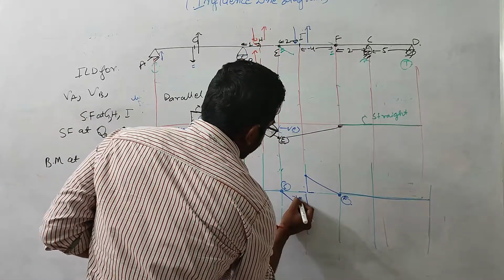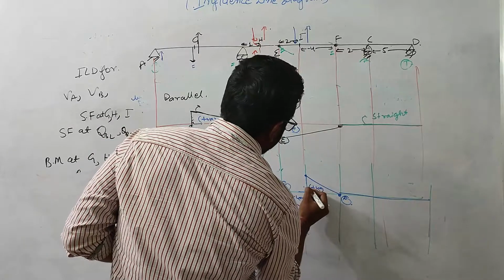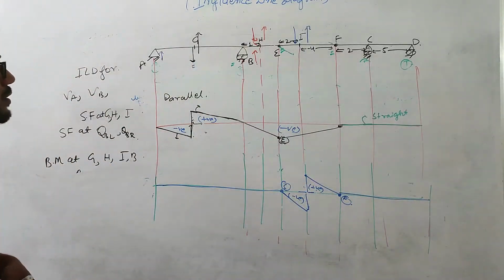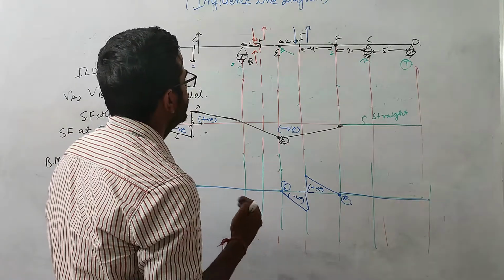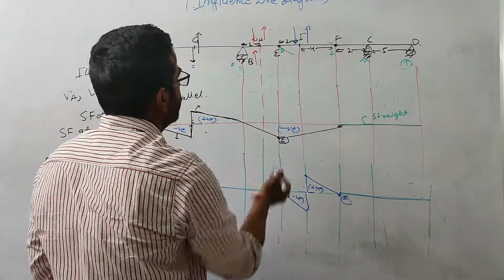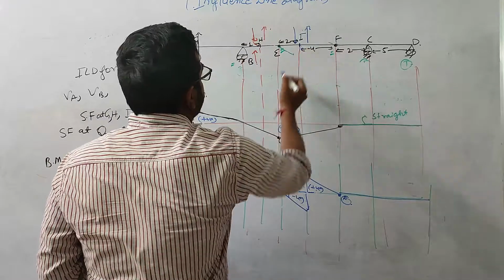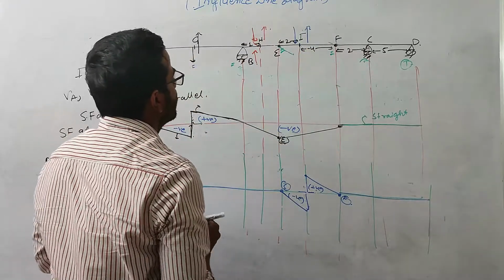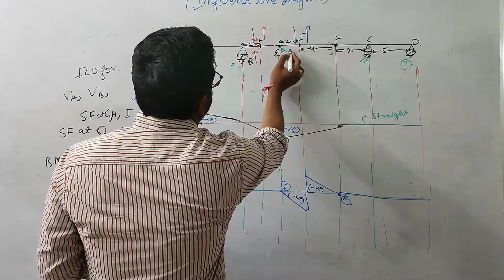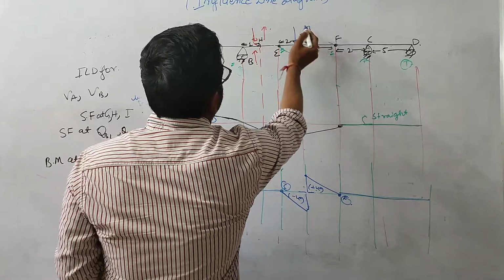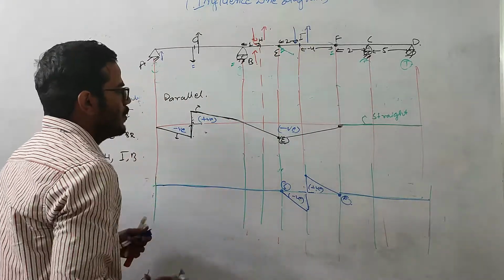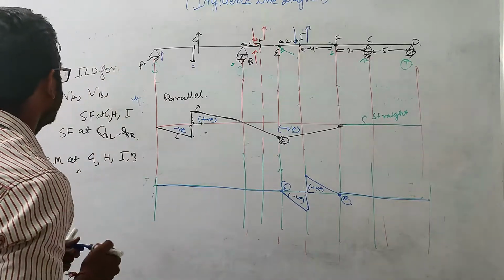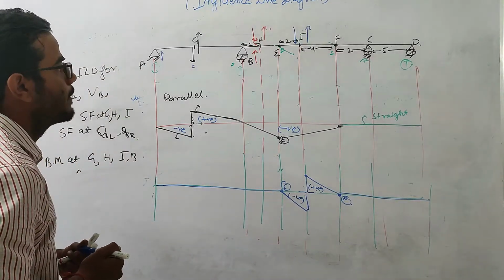And this way is negative, this is positive. So you need to realize how this thing will deflect. If I'm applying a cut, releasing the shear force over here, how will this move? If I'm releasing the shear force, this portion will come down and this portion will move up as per the direction of the shear force. So this is the case for the ILD for the shear force at point I.